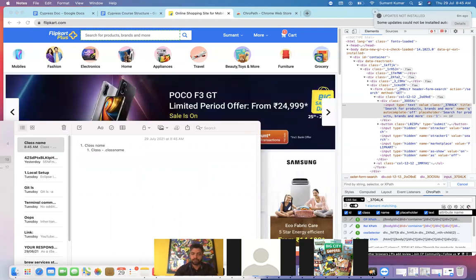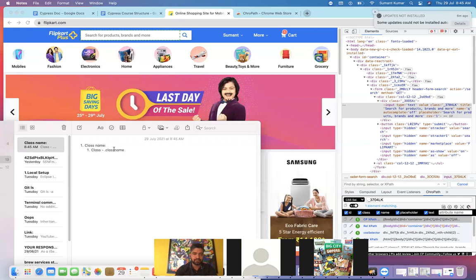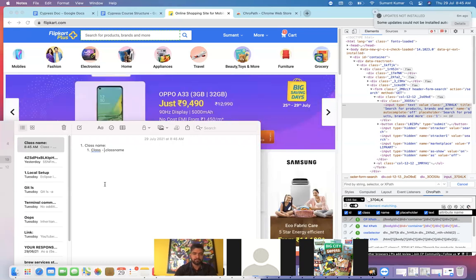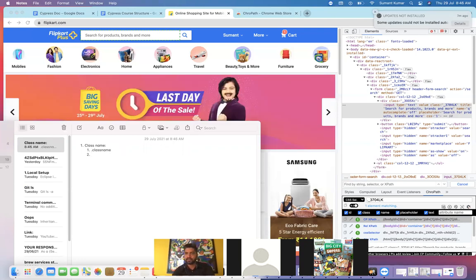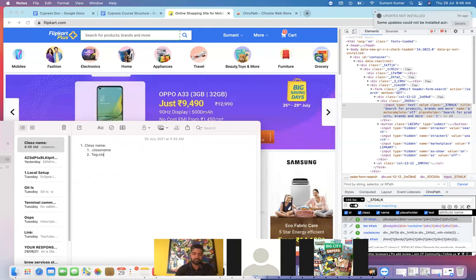Using class name, we have different ways. The first was with the dot class name, and the second one will be tag name dot class name. So what does it mean?